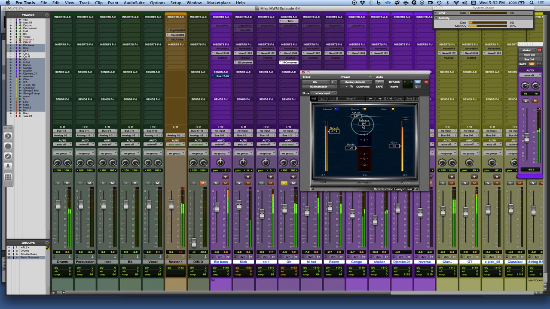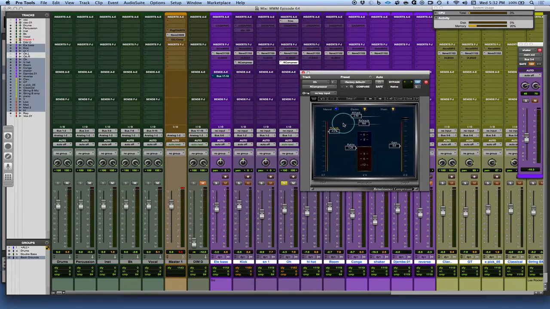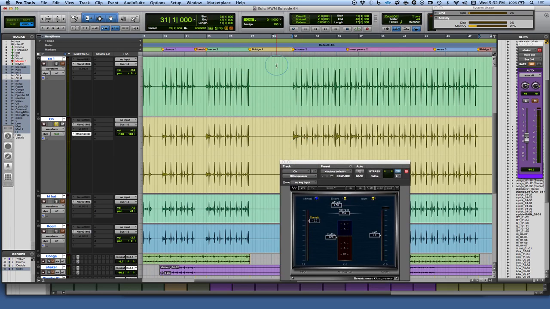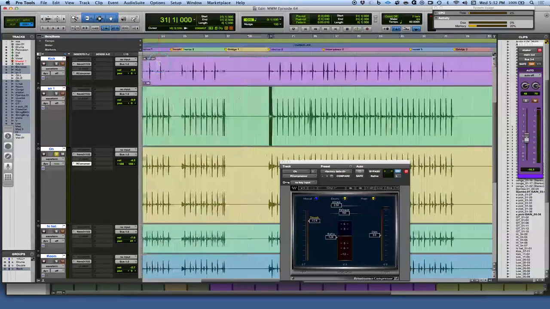So what I want to do here is figure out what my release time characteristic is. And this is something that is going to be largely based on the tempo. I'm going to show you a little trick. This basic trick is that you highlight what amounts to a quarter note area. I'm just doing this in grid mode in Pro Tools. You can also, if you know what the tempo is, and in this case it's 82 beats per minute, you can just get a